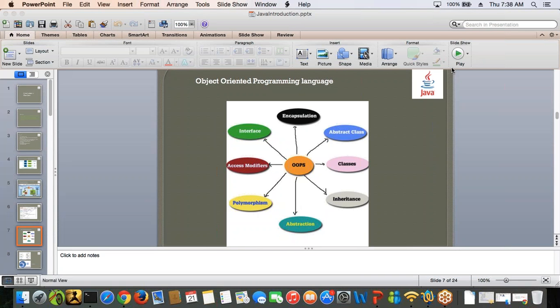Now I have a class which says that I have an action called talk. Let's assume that a class called animal has an action called talk, and now what is happening is